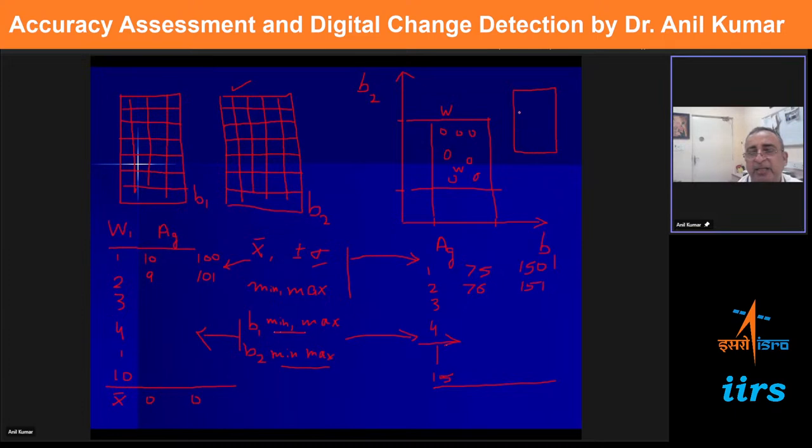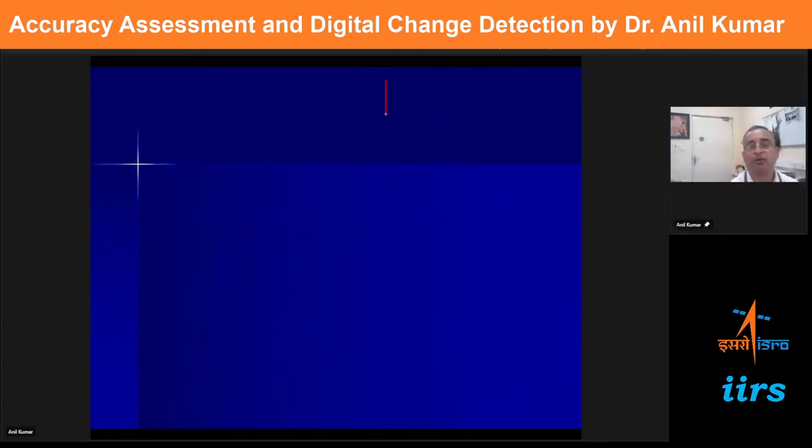So whatever pixels are there in this box, these pixels will be labeled to class agriculture. Like this, you can go on creating the boxes for different classes using the training data of that class. In that box, whatever pixels are there, these pixels are labeled to that class. If you are working with the mean and standard deviation method,